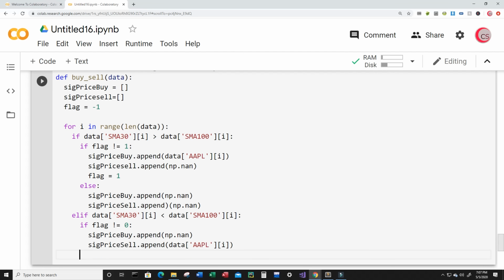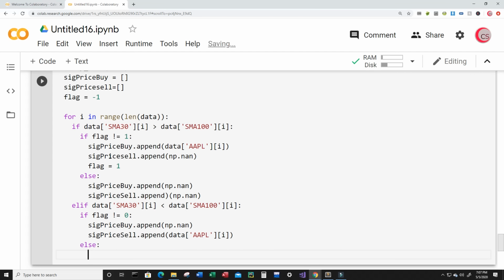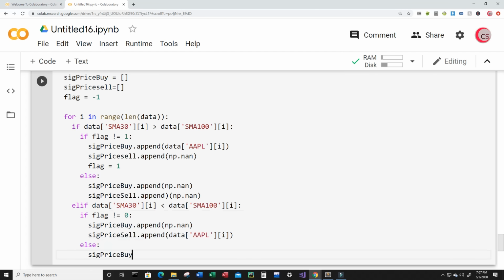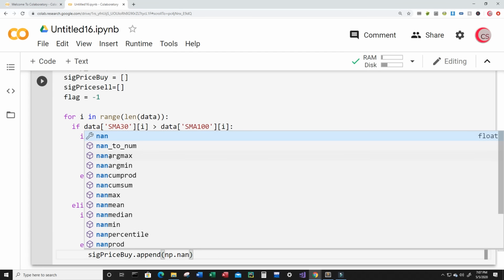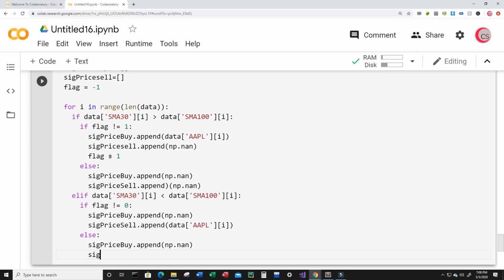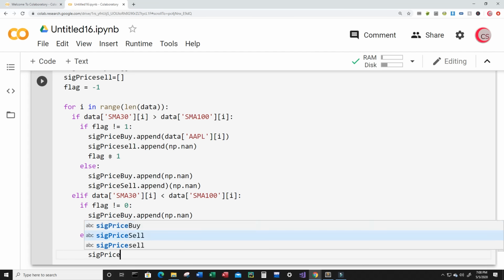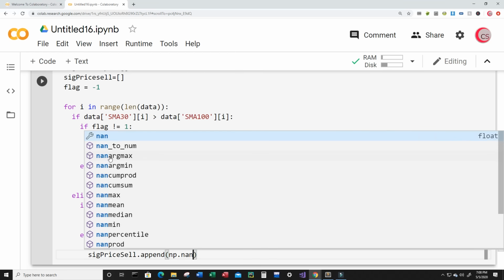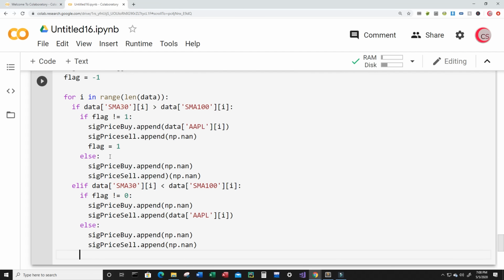Okay. Else, I will just append nothing. So sig price dot append np dot nan. All right, and sig price sell dot append np nan. All right,